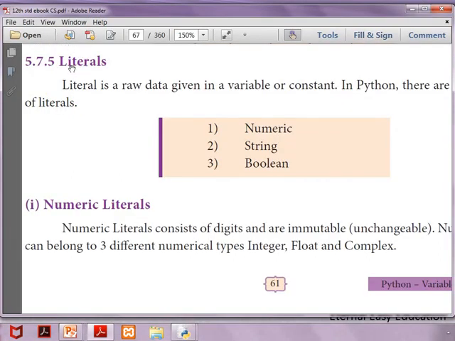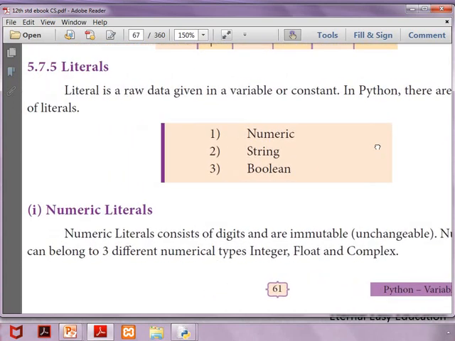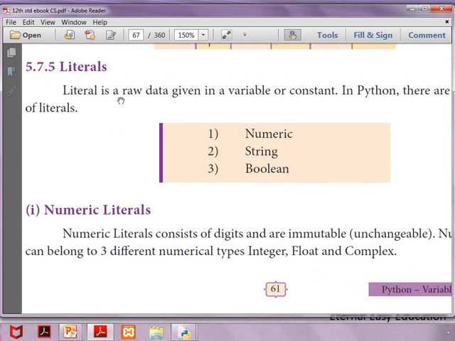Now we will see about literals. Literal is a raw data given in a variable or constant. In Python, there are various types of literals. That means the value going to store in a variable is said to be a literal. Constant means it's going to remain unchangeable during the program.